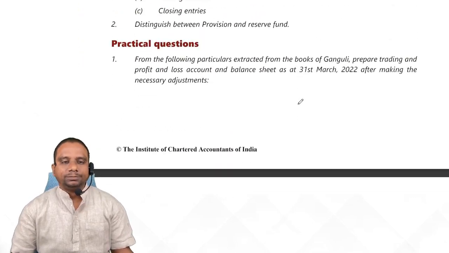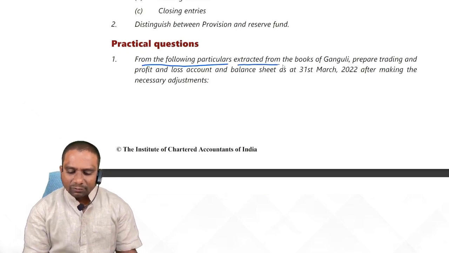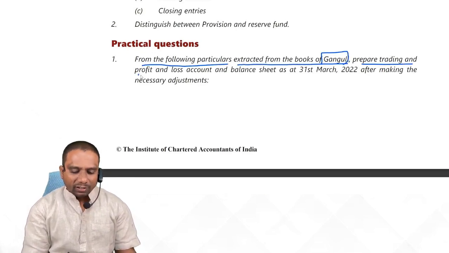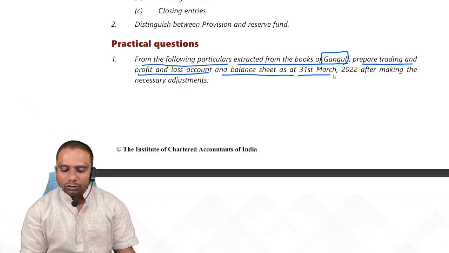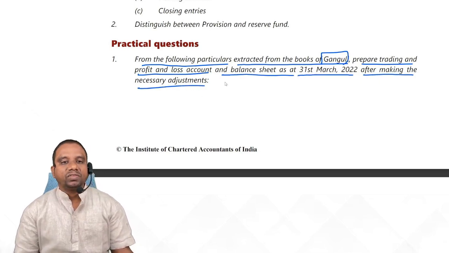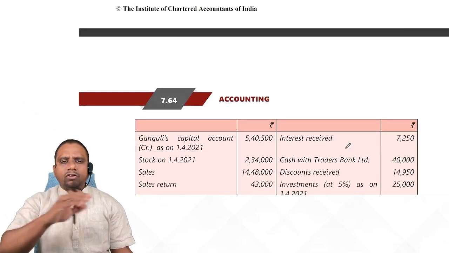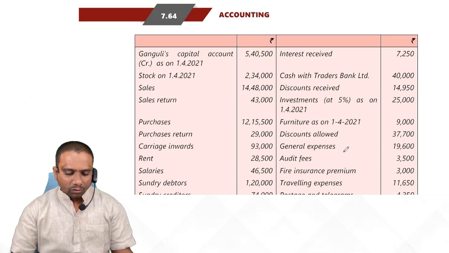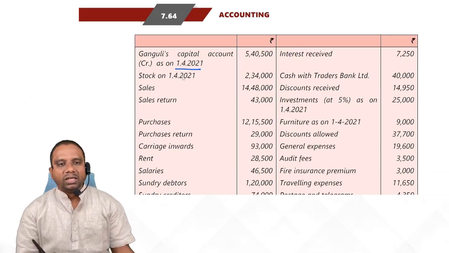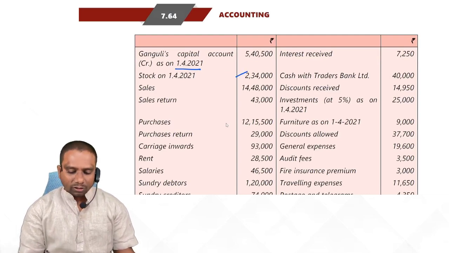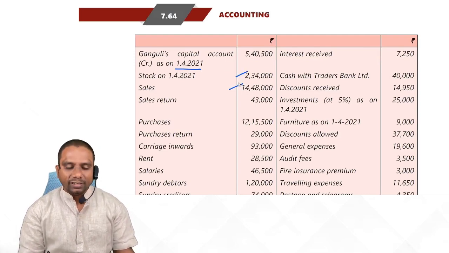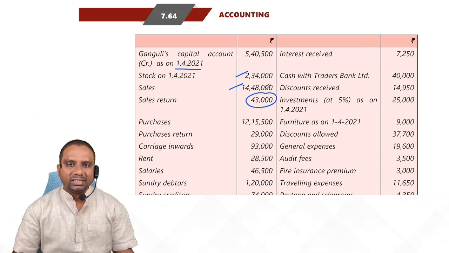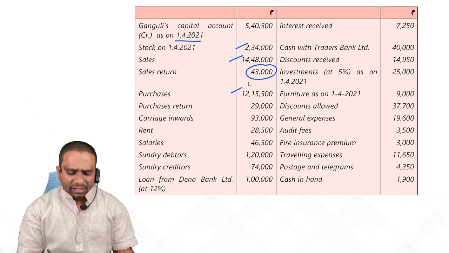Yes, practical questions. From the following particulars extracted from the books of Ganguly, prepare trading and profit and loss account and a balance sheet on 31st March 2022 after making the necessary adjustments. Fine. So first, prepare all the required accounts: trading account, P&L account, and balance sheet. Look at Ganguly capital opening, balance sheet liability side, stock, profit and trading account debit, sales, trading account credit, returns, deduct from sales. Purchases, trading account debit, purchase returns, deduct from purchases, carriage inward, trading account debit, rent, P&L account